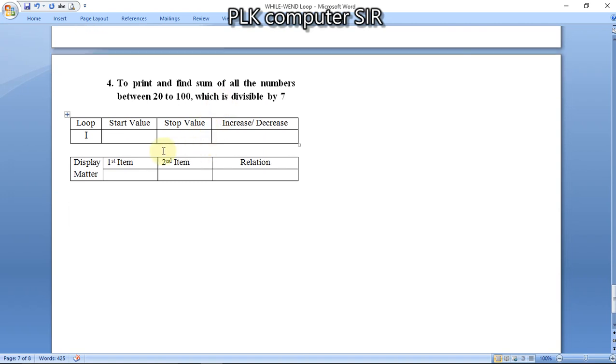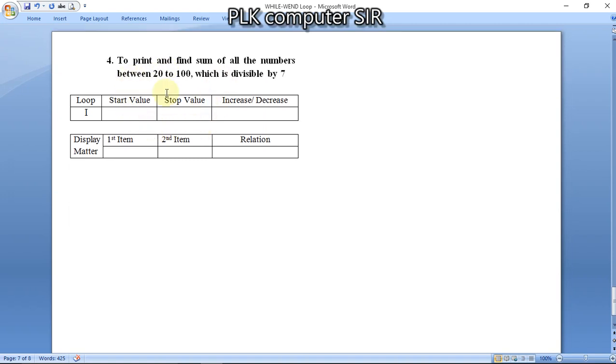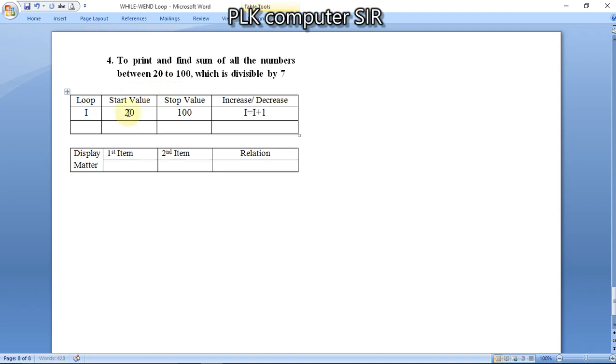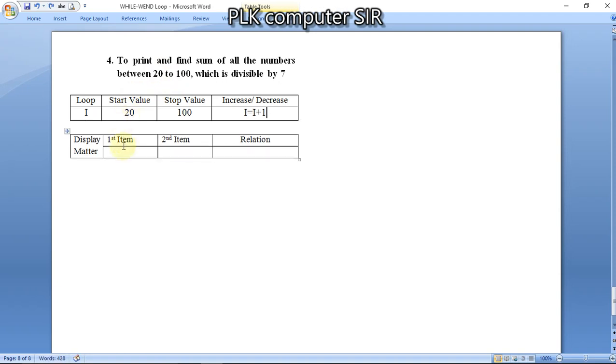I hope you are understanding. And this is the final question, my dear student, question number 4. So here start value 20, final value 100, value will be increased by 1, first printing item, divisible by 7. What will we check here?